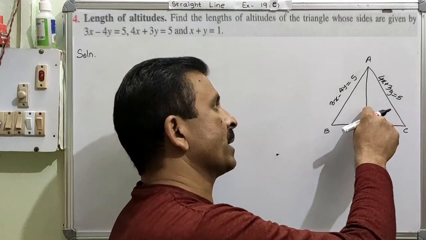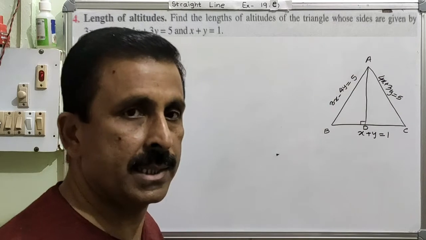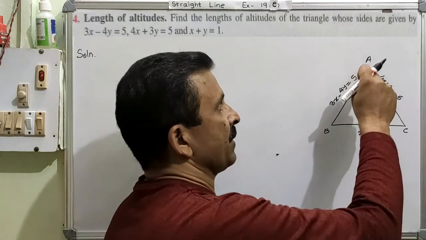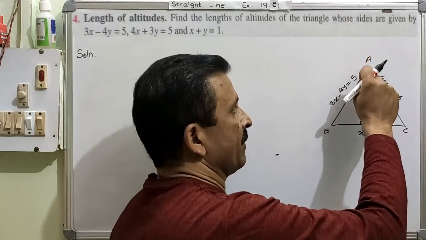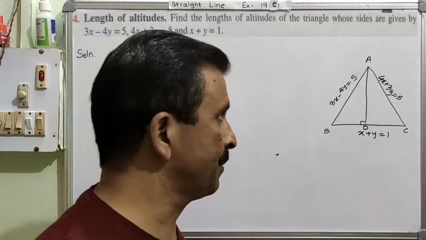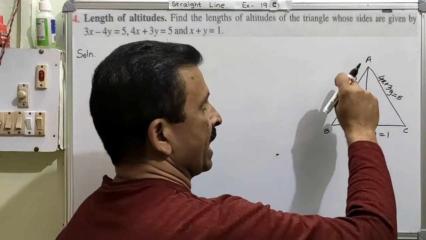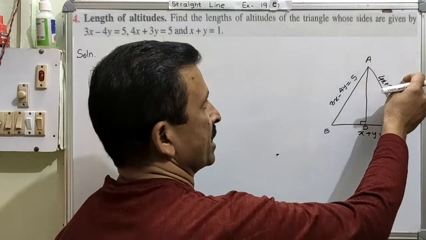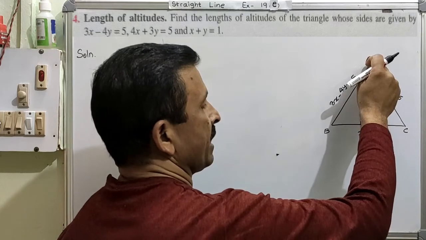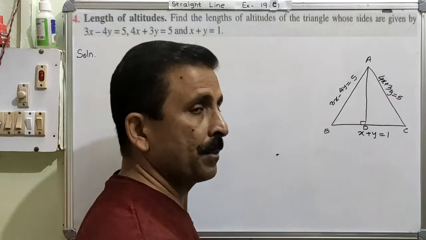And we need the coordinate of the point A. So that point is missing. Is it all right? So first of all, we need to have the coordinate of A. Only then we can find out the perpendicular AD or altitude AD. So to find this coordinate A, we can use these 2 equations, because this point A is the point of intersection of the AB and AC sides.